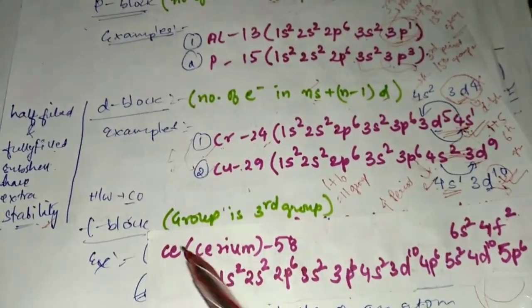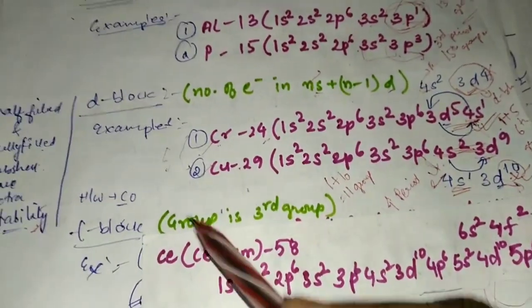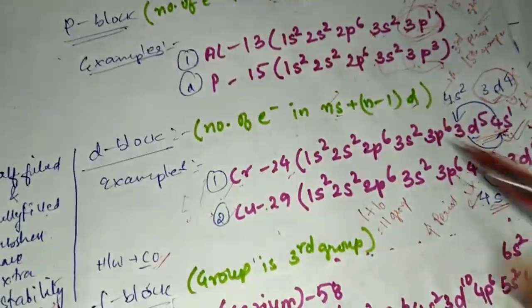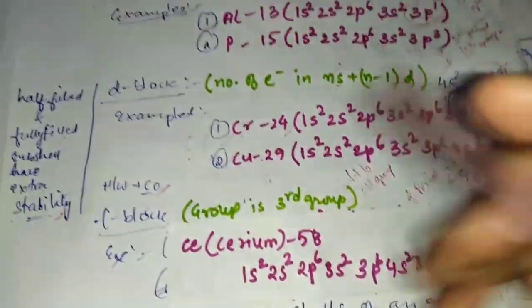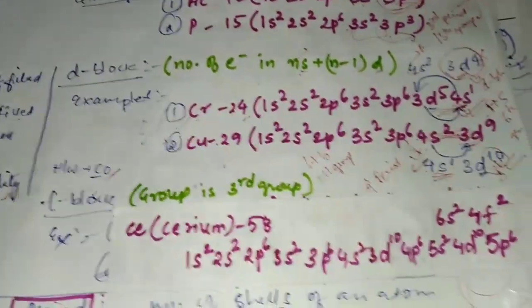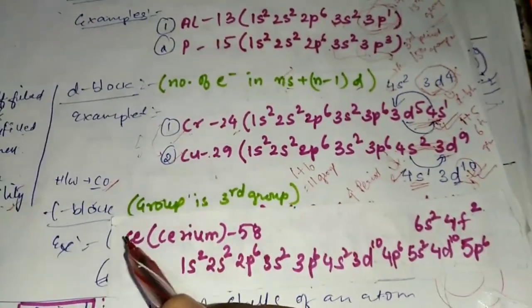Now coming to the 4th block, the F block. See, I wrote here on homework: cobalt is your homework. Do this for cobalt also and find out the group number and period number, and tell me in the comment section how you found the group number and period number for cobalt, everyone. Okay. So coming to the F block, I just took one element here.